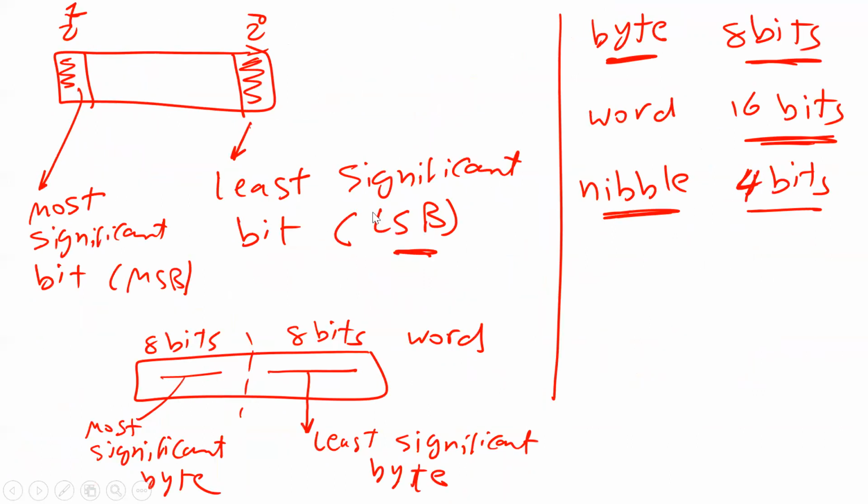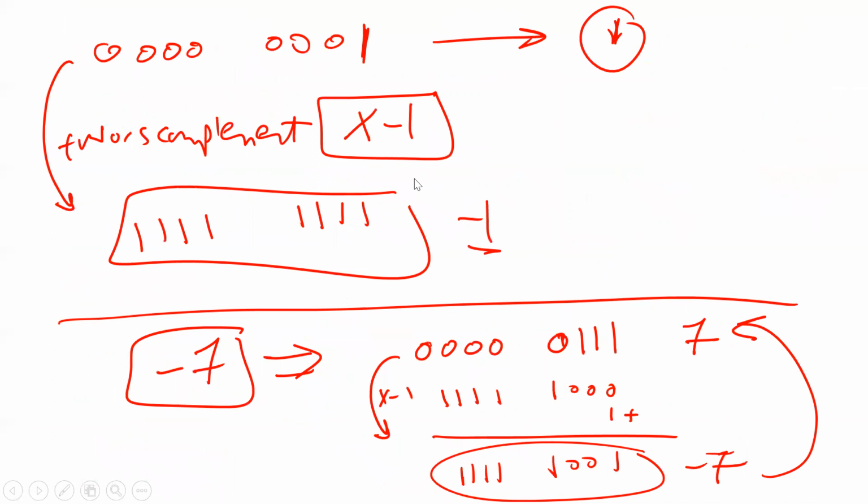Also, you should know all these terms: least significant bit, most significant bit, bit number 0, bit number 7. Don't be confused when, in the exam, I tell you, for example, clear bit number 7. You know to start from 0. Very important.